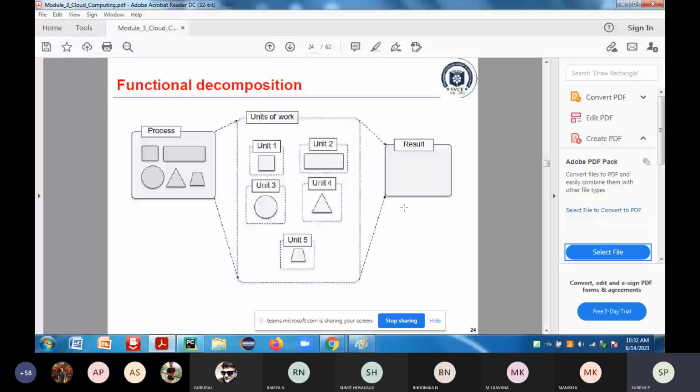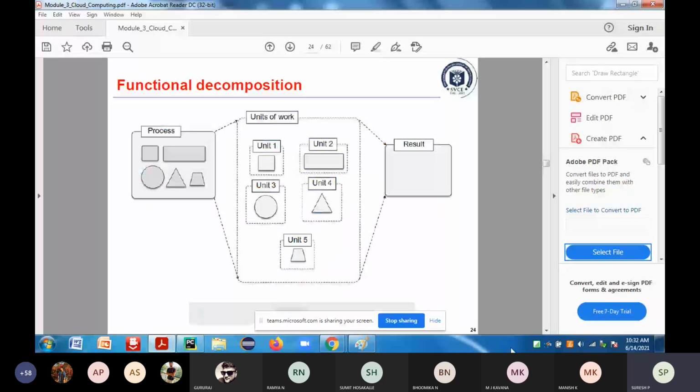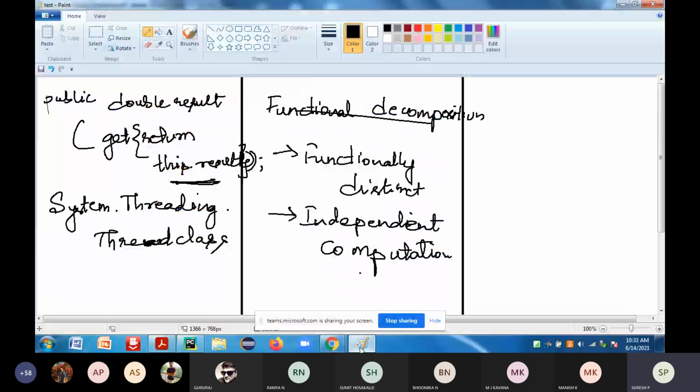For example, if you take sin x, if you have different formulas, I have one unit of work. Assume that my data is the same; the data is x.